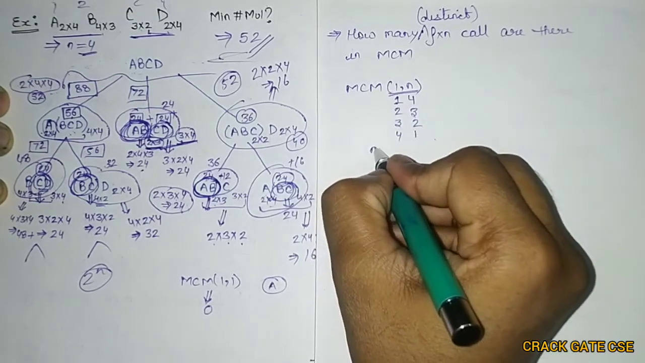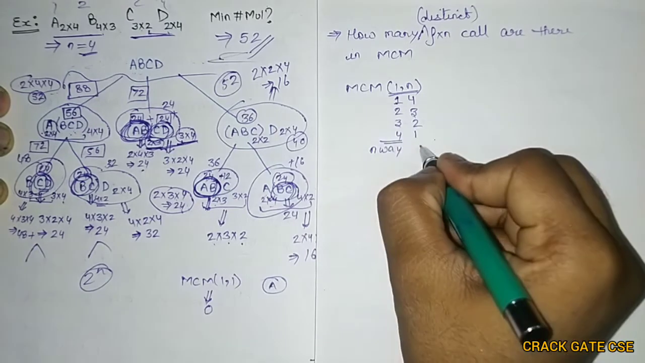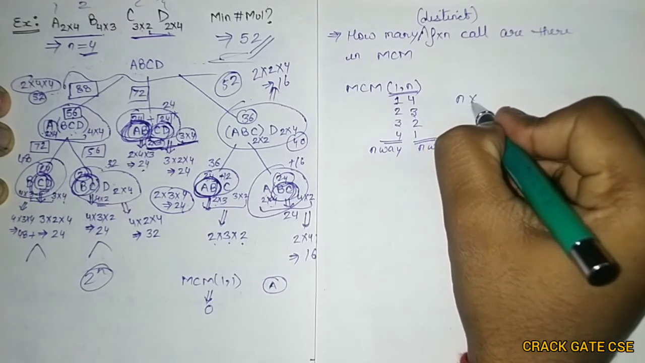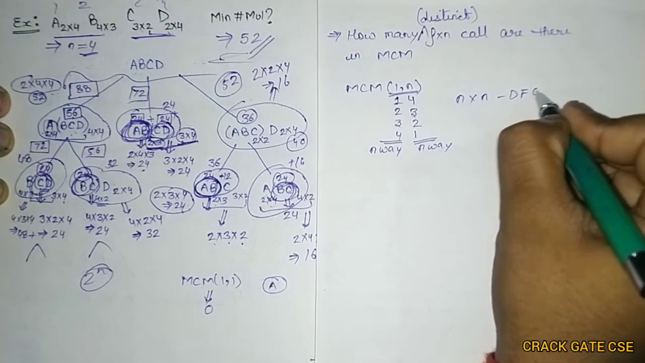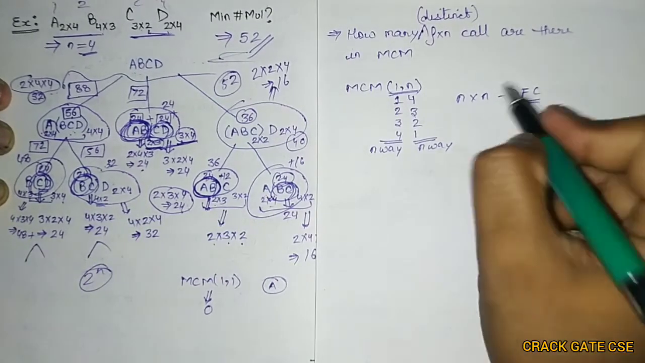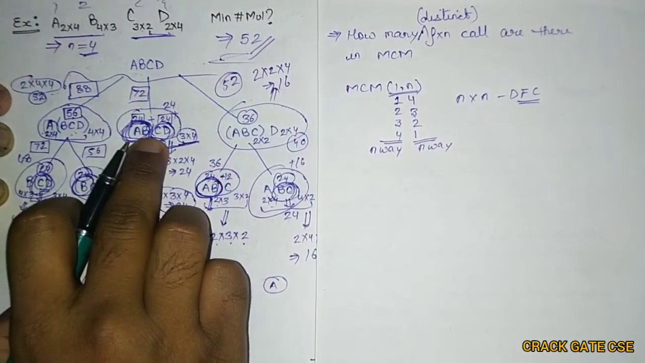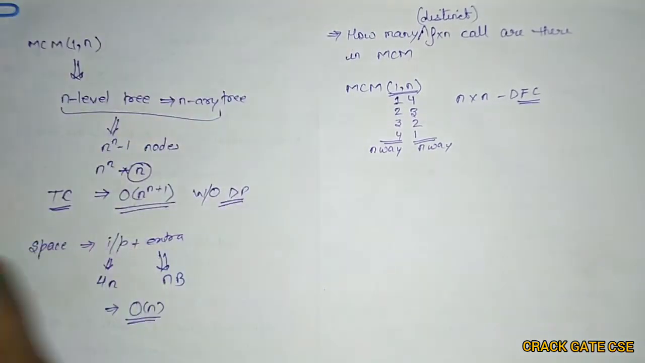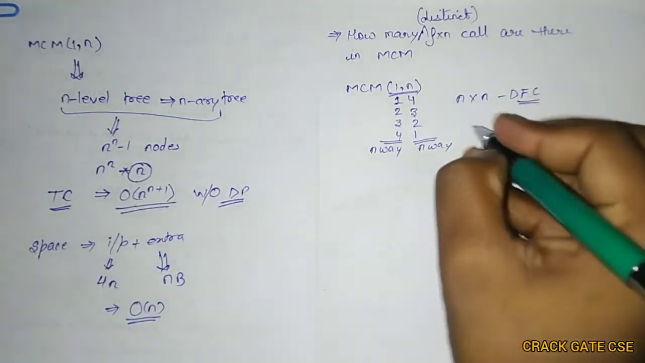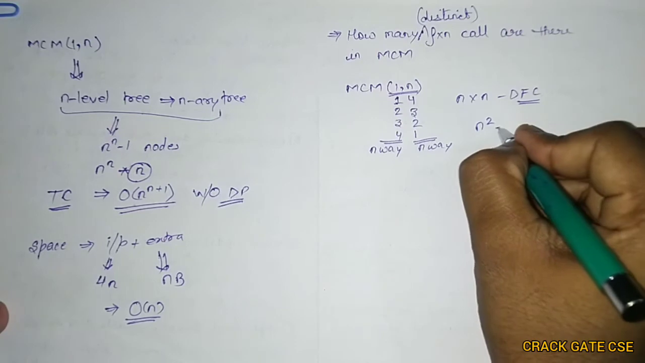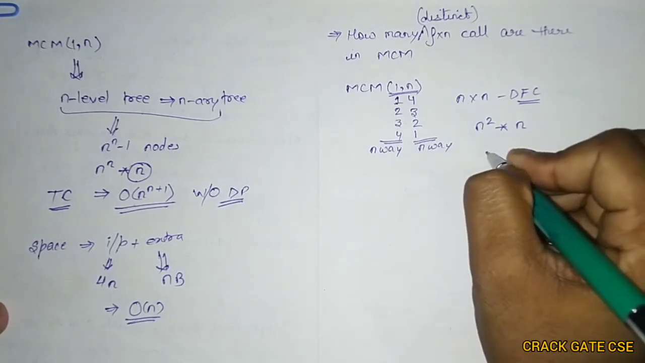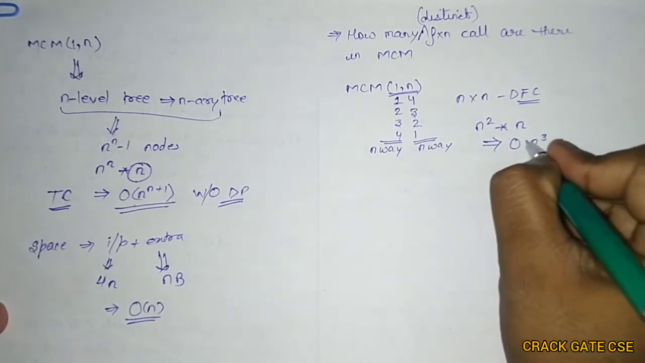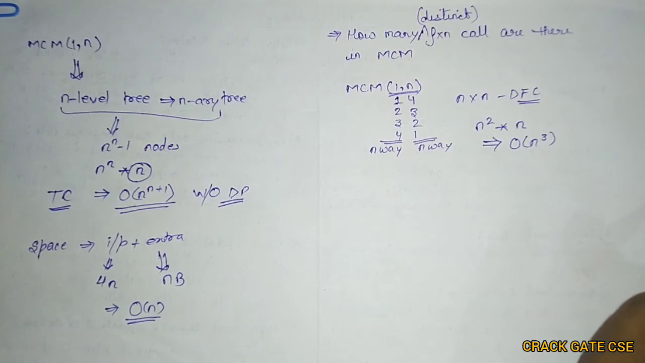So can I say that there are n ways for this and n ways for this? So combinedly it will take n into n distinct function calls. That means n square distinct function calls. And I already told you that each function call will take order of n time because of the multiplication. So if there are n square function calls and each function call is taking n amount of time to compute it, then the time complexity will be nothing but order of n cube,